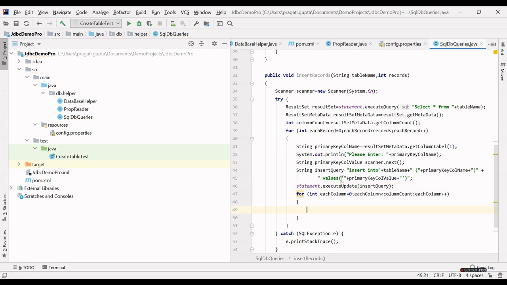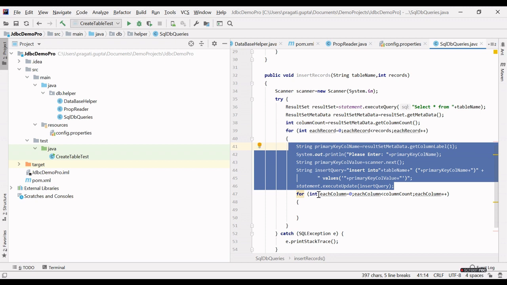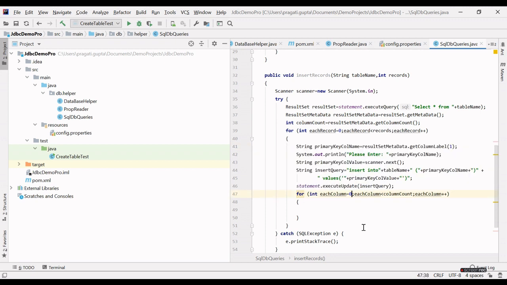Okay guys, so guys must remember that if you want to get the column at first index, then you have to pass column index 1, not 0, right? Since we have already got the column at first index, that is the primary column, so we will start this from 2, right?